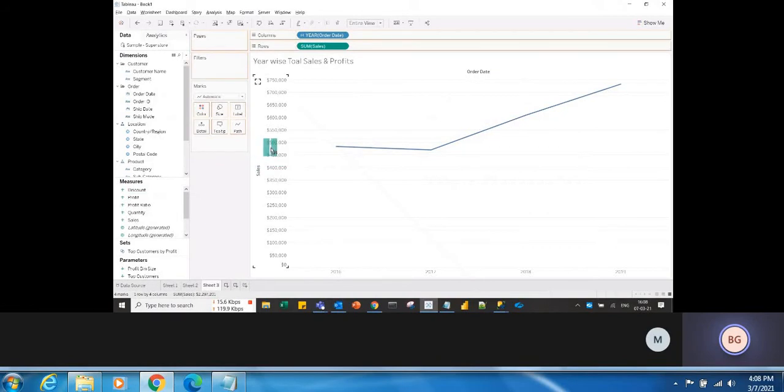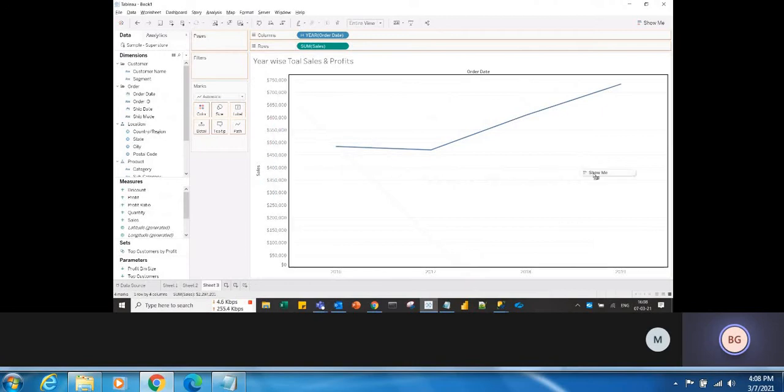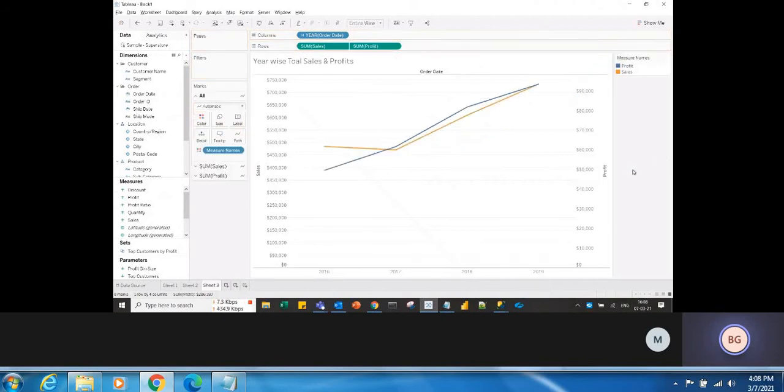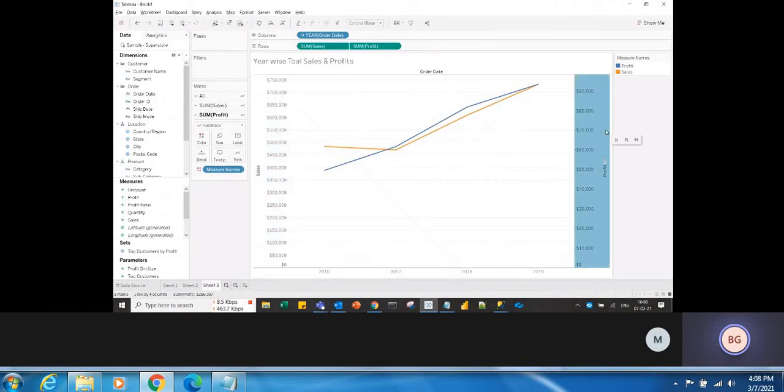But to create the dual axis, you need to drag the second measure into opposite to the existing axis. So here we have the sales, right? Drag this side, so you will get it single bar like this. Okay, see the symbol, so you will get the single bar like this and drop it there. See, it is dual axis. So you have the axis sales separately, profit separately.